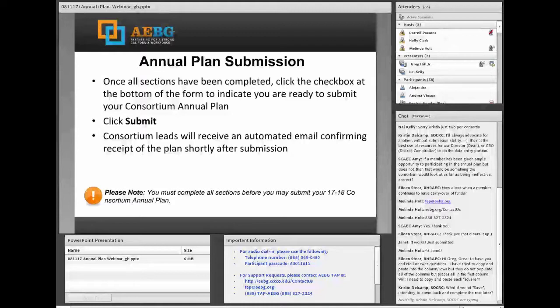Really, the intent of those sections is to get you to think about what your initial planning activities were, and to then respond to them as a formative activity for planning the following year. So anyway, I think I covered that one okay.